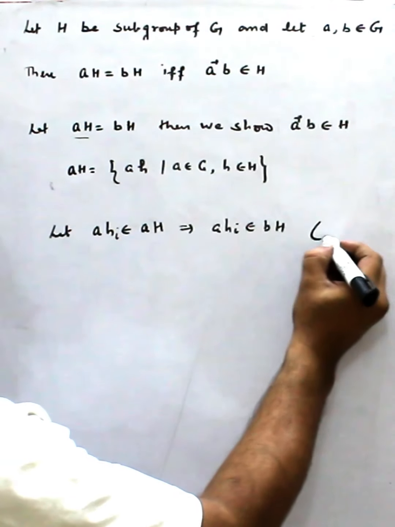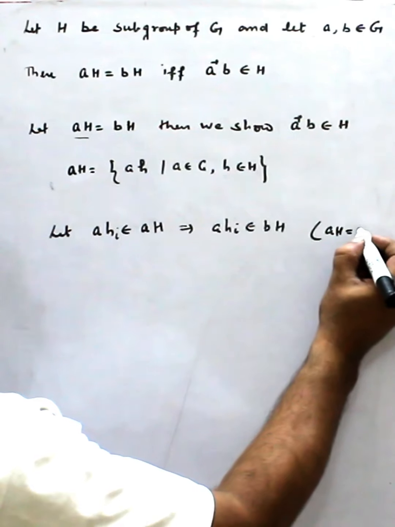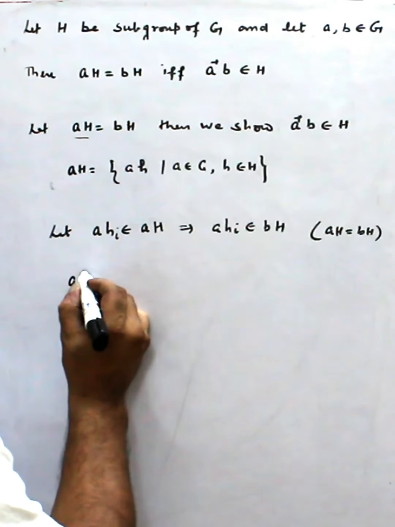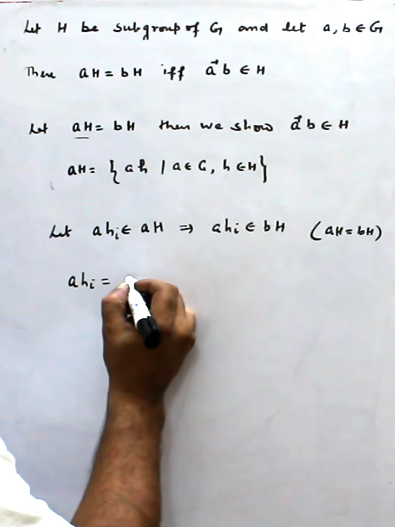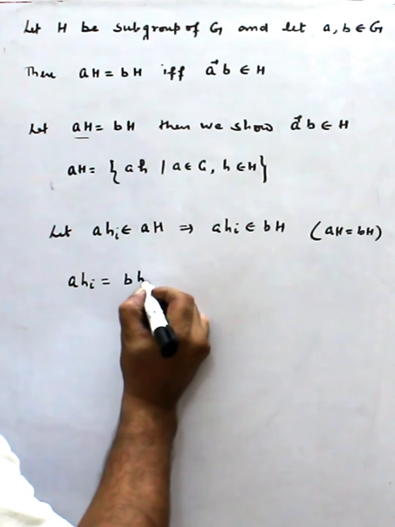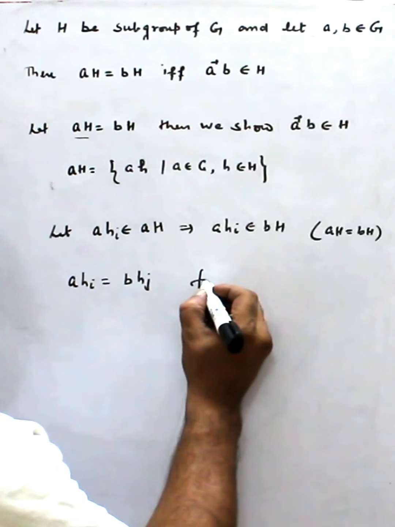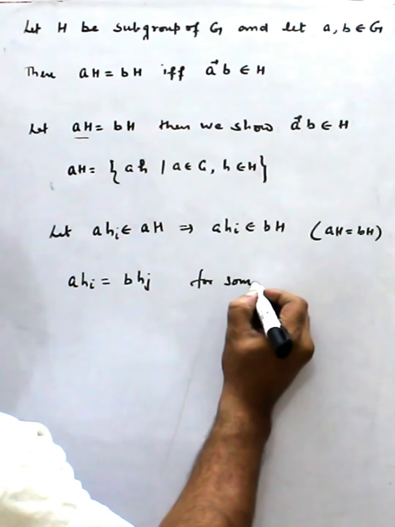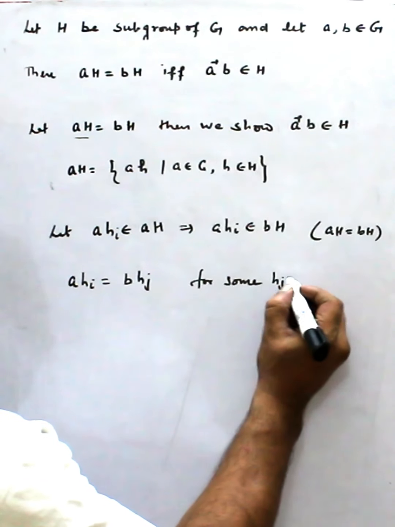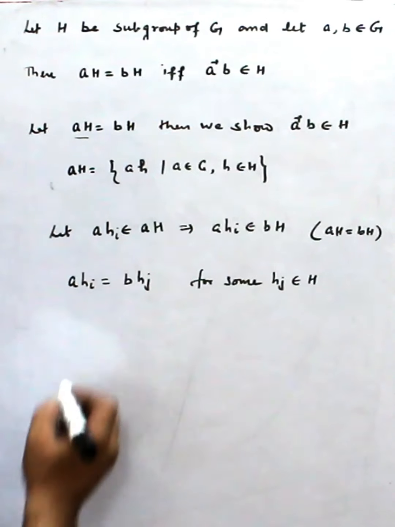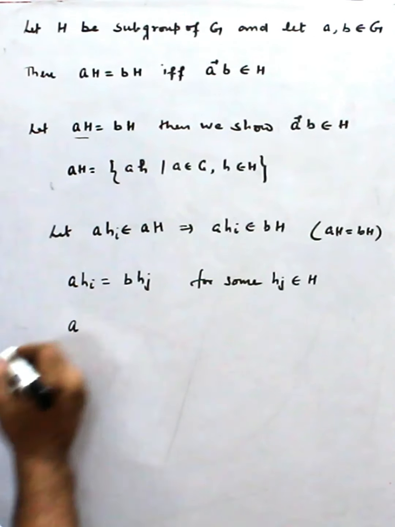Because aH equals bH. That means a h_i equals b h_j for some h_j belonging to H. Therefore,